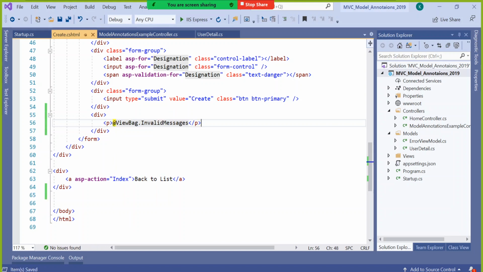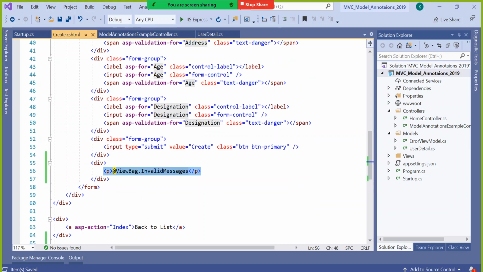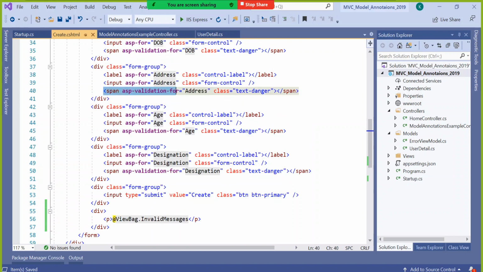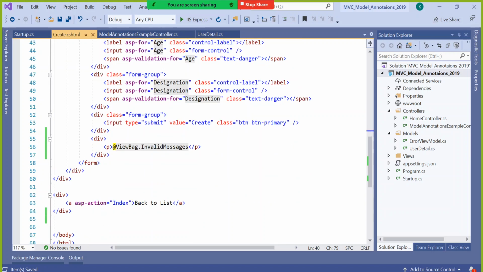All right. But if you are displaying this, then you should not display these things. You should delete these things. Either this or that; both don't make any sense, right? So either you comment this or delete these span tags, so that individual messages will not display in each text box, and one combination of the messages, a comma separated message, you can display, or you can write it like this: